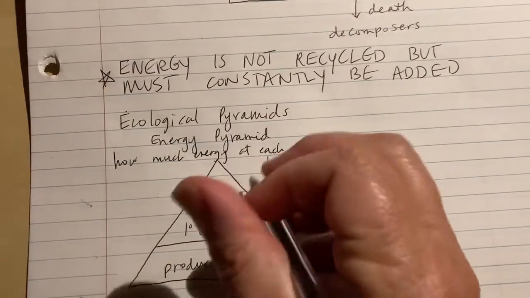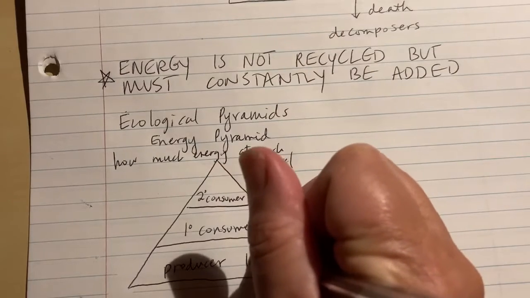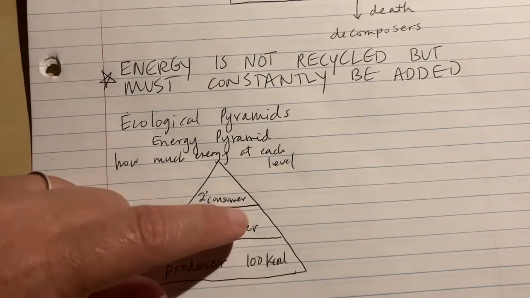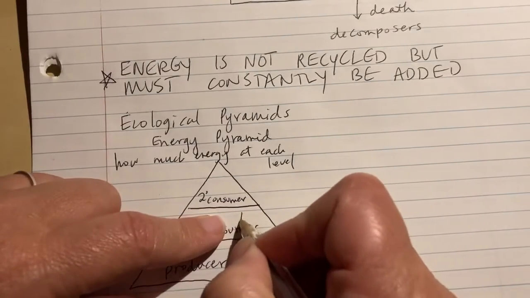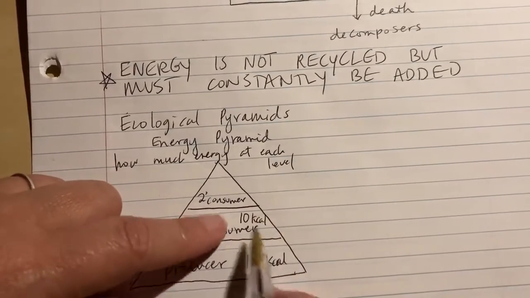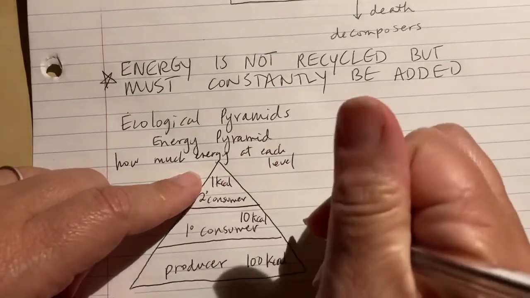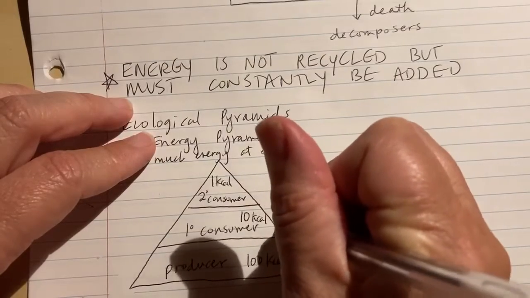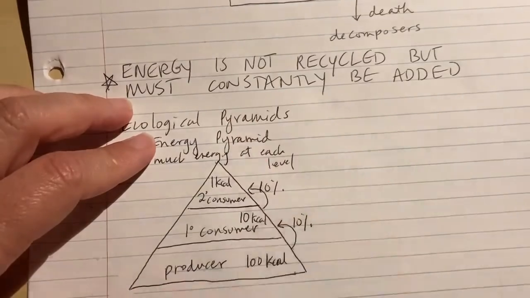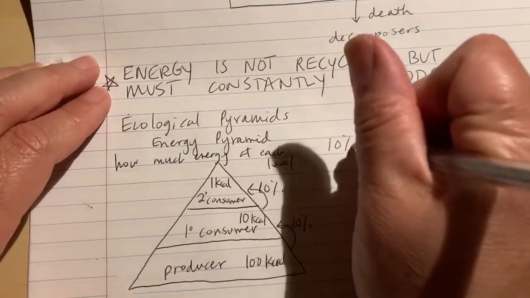And the units here are usually going to be calories or kilocalories, right? So if we had 100 kilocalories at this lowest level, then you're going to have like a tenth of that at the level up, right? It's always going to decrease by 10 because of the 10% rule. And so if we had 100 here, we'd have 10 here and 1 here. Okay, because remember, we have that 10% rule where only 10% can move from one level to the next. Okay, so 10% of the energy is transferred.